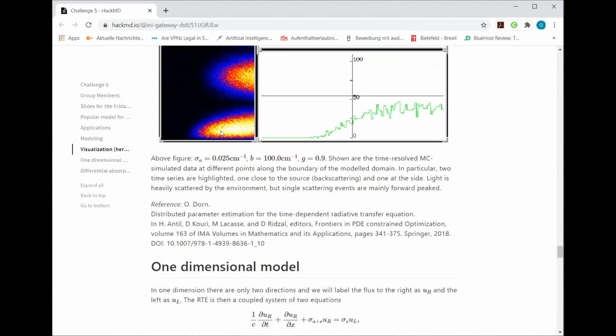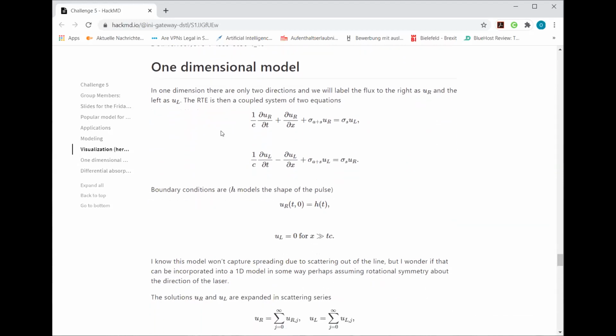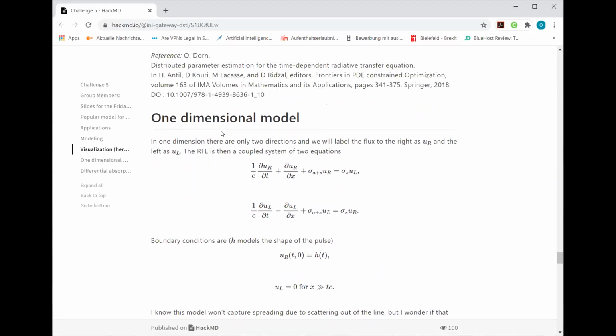So the next speaker, Sean, will give you an idea of how this can be handled by looking at a 1-dimensional model, which I will hand over to Sean right now, where you just cut down the spatial dimensions, and this will also come with a reduction of the angular dimensions. So maybe Sean, if you can carry over from here.